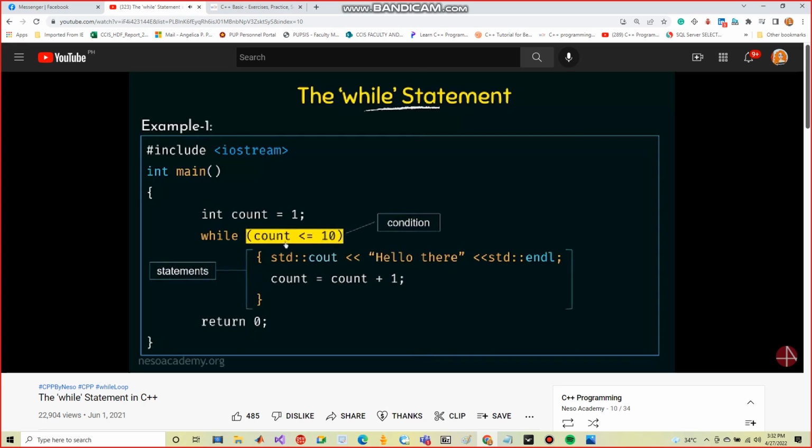So we see that this part is the condition and these are the statements inside the while loop. Whatever is there in the condition will be checked. It will be executed if it is true, and then it will come back and check this condition again, and it will execute the piece of code if it is true. So this process is going to